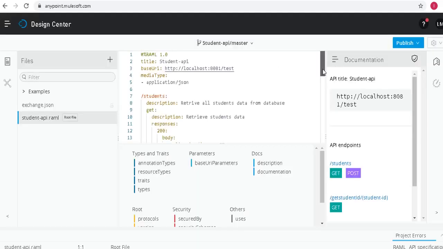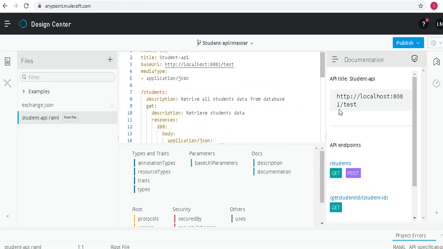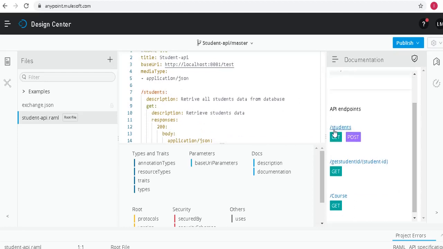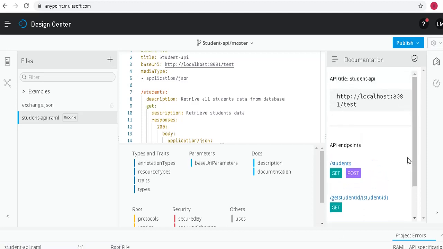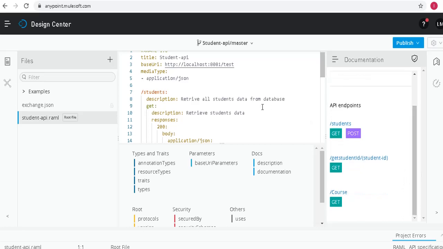So this is the API which I have built earlier. It has four methods like get students, create a new student details, get student ID. This you can ignore for now because this is not the right coding standard. Just for demo purposes I have created this, and we have a course slash course. These are the four resources available. Okay, so I would like to publish this as a REST API, and I would like to utilize this as a connector in another API, another project of my MuleSoft.